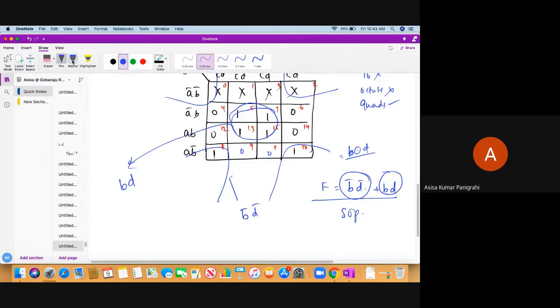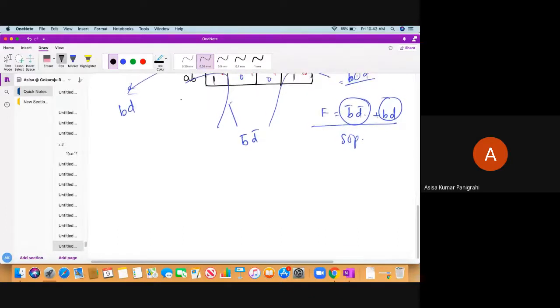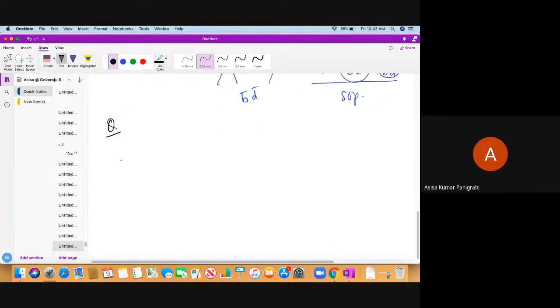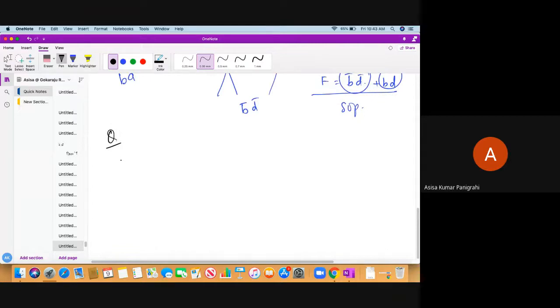Any doubt till now? If there is no doubt, we'll see the last question here. So obviously the question would be like this. Check here. This is another important question, which I asked in the mid exam of previous batch students. So see here, what is the thing? Simplify the given function. So the question is: simplify the given function.